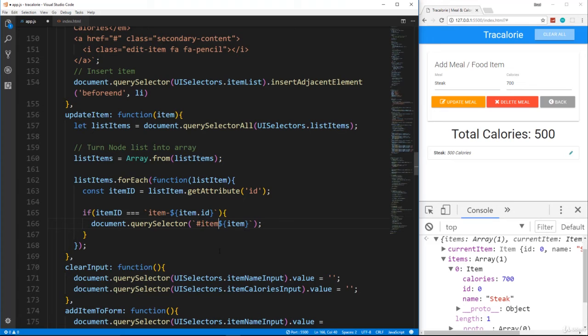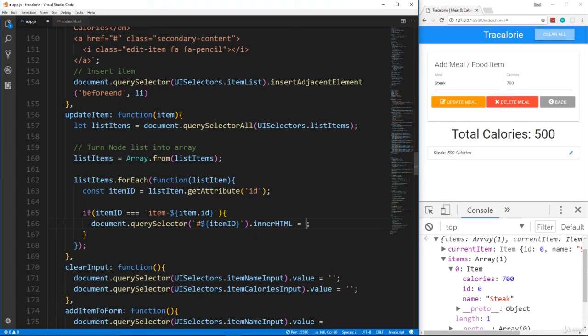We can just put item ID, like that, because we have the item ID right here. So we want to get that and then put .innerHTML